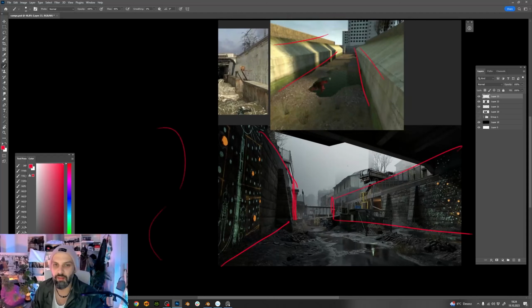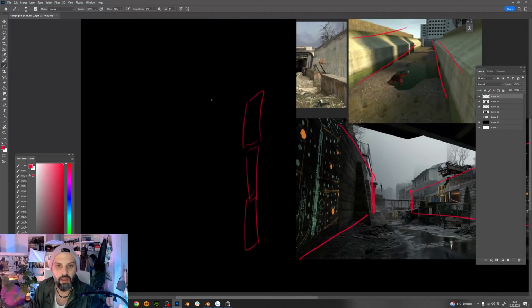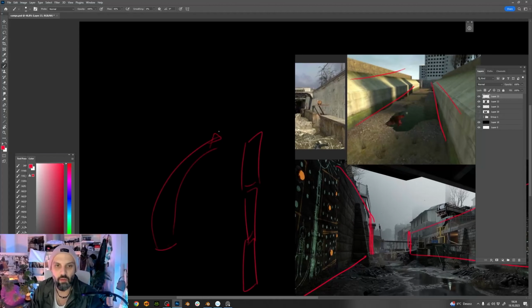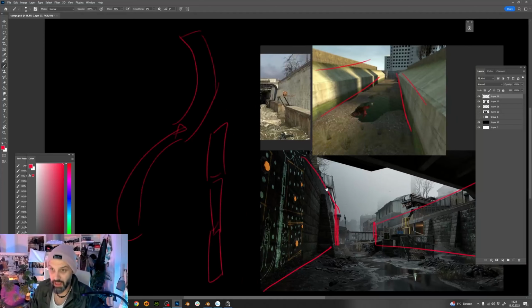Like canals, they are built in so many different ways, right? So instead of having straight blocks, how about I do them a bit curvy, so when it connects to another piece, right? Because already I'm thinking how I can use this element to push my composition. And then how about at the end,